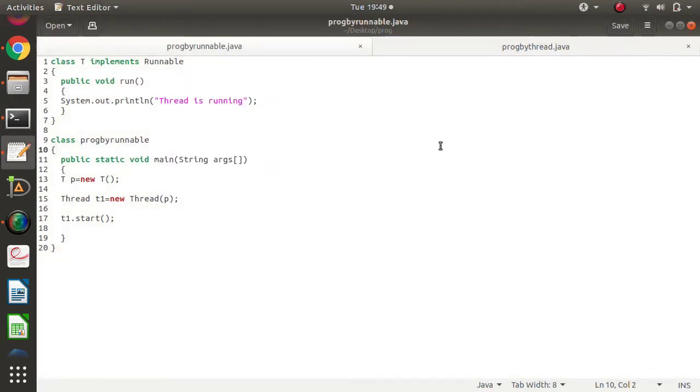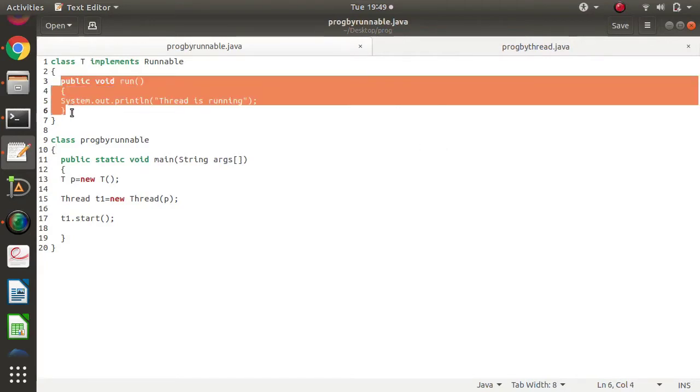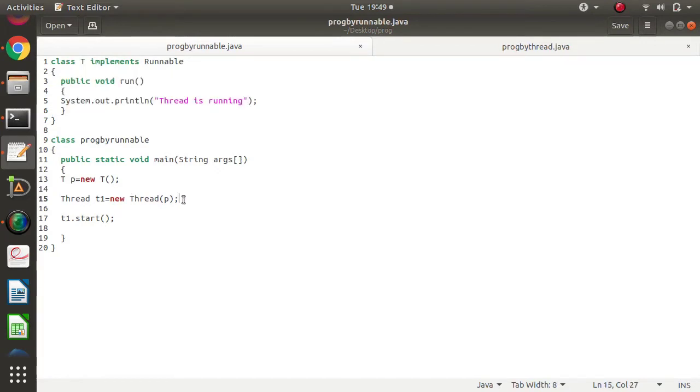Now we will create another thread, and we'll give the same task to that thread. For creating another thread, we'll create one more object of thread class, and we'll pass this object p.